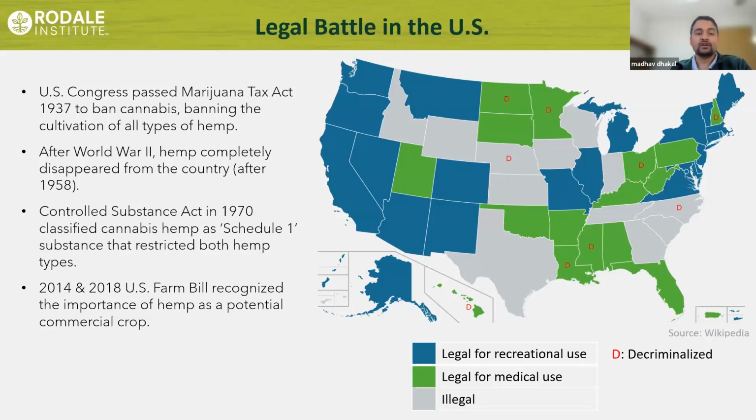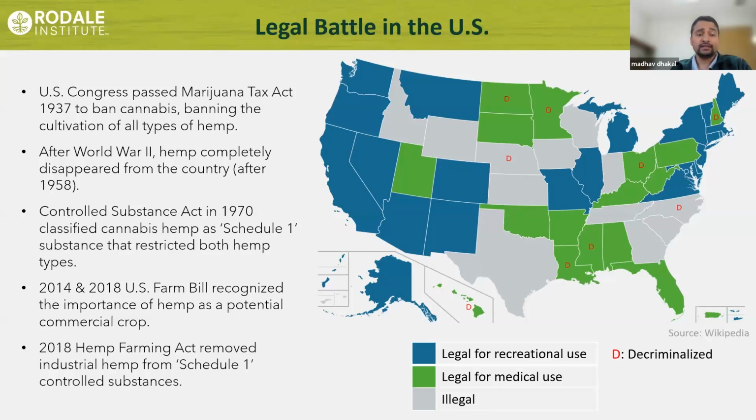as a potential commercial crop. After 2018, the Hemp Farming Act removed industrial hemp from the Schedule I controlled substances. That means it is now gaining popularity, and states are favoring hemp production in the country legally. There may be something coming up in terms of pesticide labeling, and we can see more research in